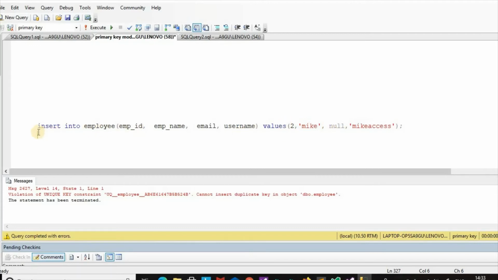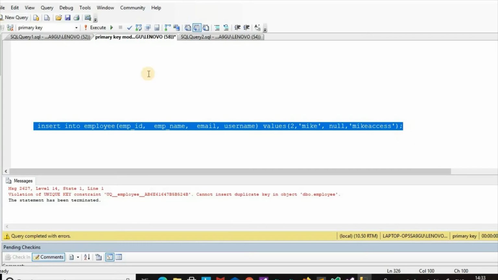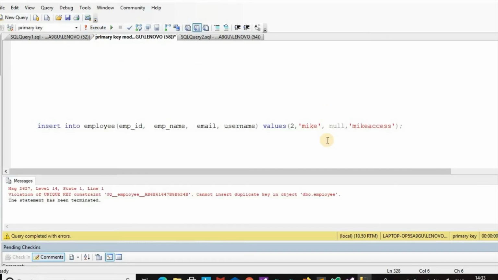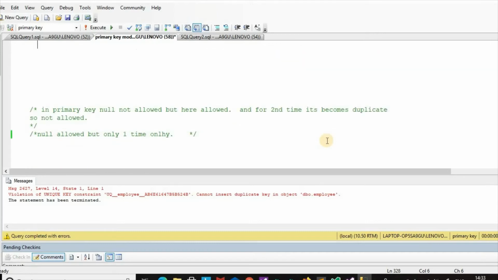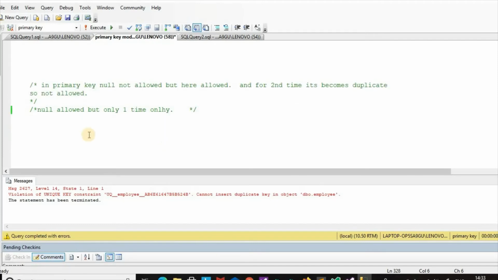So for a single column, only one record may have a null value. In a primary key, null is not allowed, but here it is allowed, and the second time it becomes a duplicate, so it is not allowed.